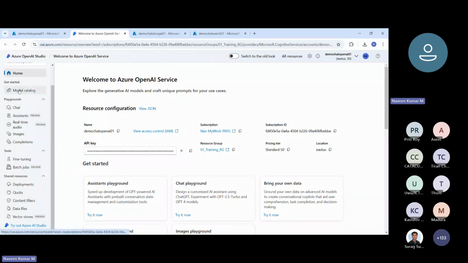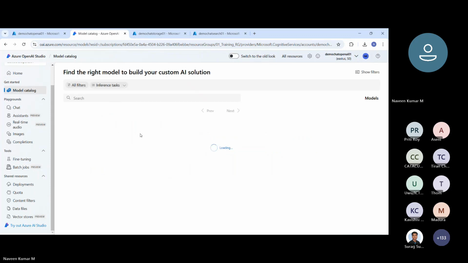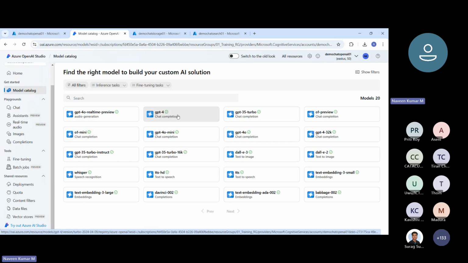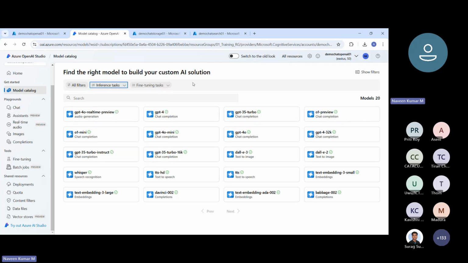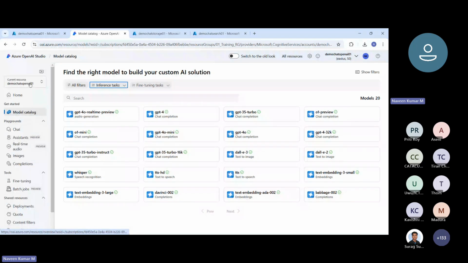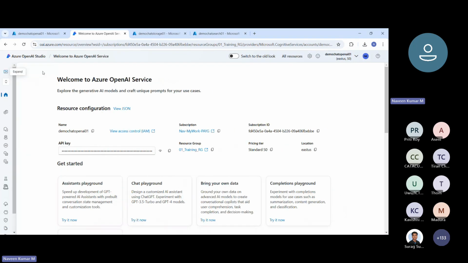So here we have the model catalog. We saw it in the initial part, where we have pre-built models. So here you can see the models. Right now it's showing 20 models. I think some changes are happening, that's why you also see more models. So I'll click on home, and if I want to show you how to create a project,